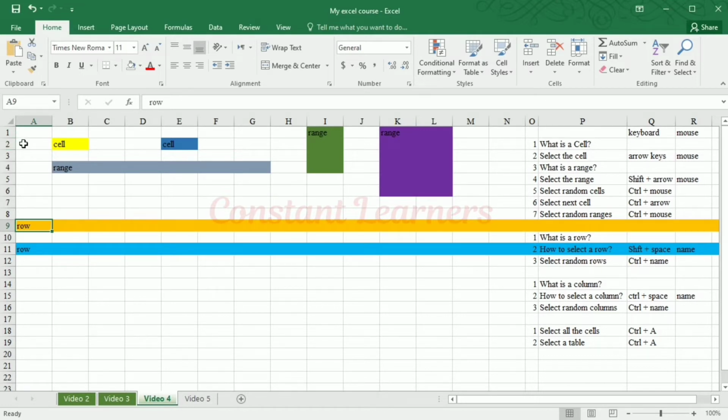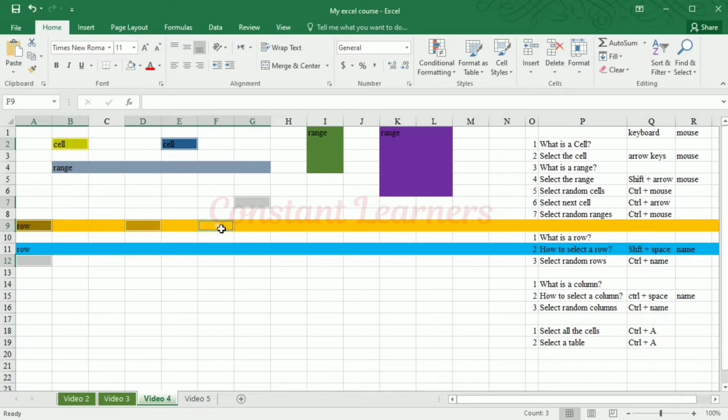Simply we are going to press the control key and use the mouse to start selecting our cell. Click on the cell that we have to select while pressing the control key. So my control key is pressed. Now I'm going to select this cell here. This one is already selected. Then this cell,